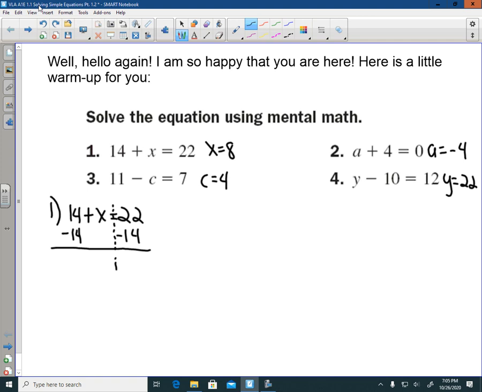And now I've created this cancellation here, which makes it go away. The x is still left on this side, and that equals 22 minus 14, which is 8. We created clever cancellations, we did the same thing to both sides, and we solved the problem and got the correct answer. With number 2, if we were using mental math, on a plus 4 equals 0, we had to do something different